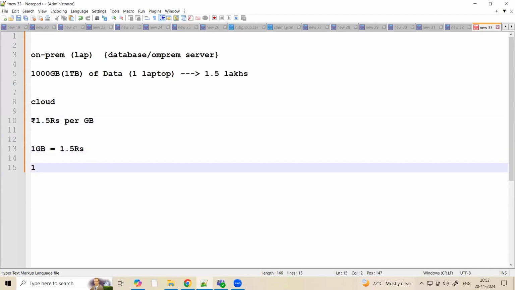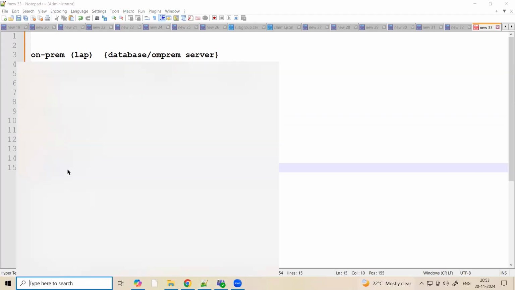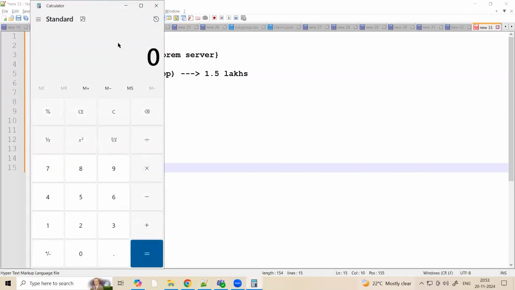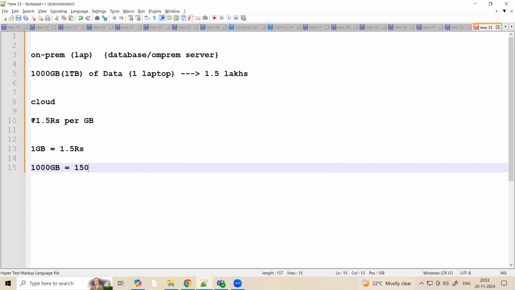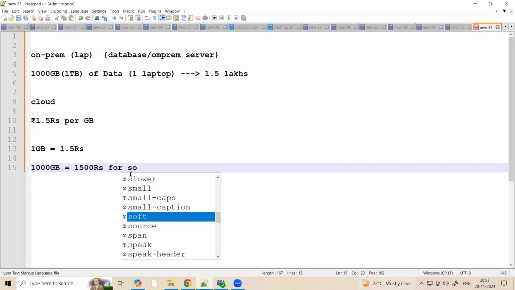And let's see for 1000 GB, how much rupees? 1.5 into 1000, 1500. That is 1500 rupees for storing